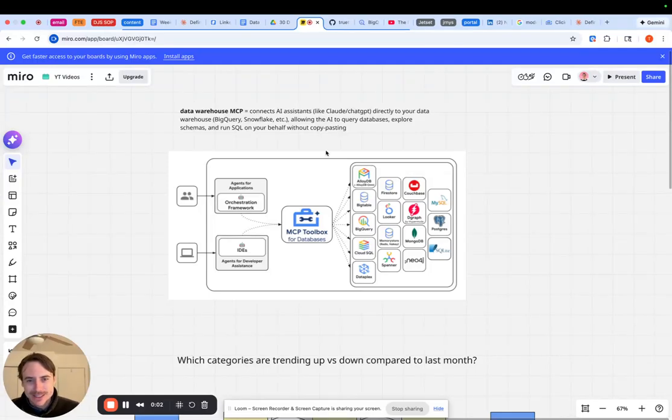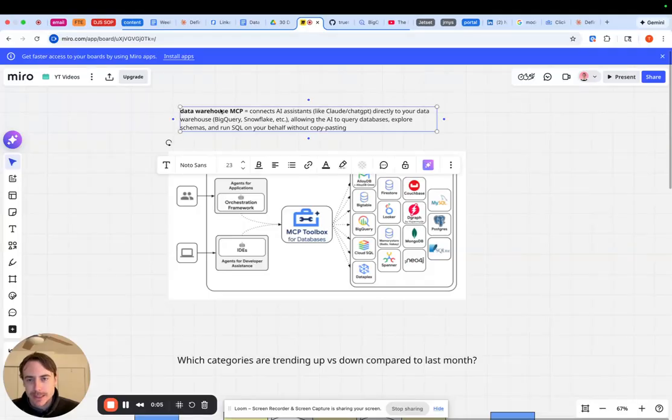Howdy. So today I'm going to show you how I use data warehouse MCPs to supercharge or drastically speed up my data analysis workflows. So MCP is short for Model Context Protocol. It's a complex word for basically a tool that connects AI to other tools. And so in my case, a data warehouse MCP connects AI assistants like Claude or ChatGPT to a data warehouse like BigQuery, and then allows the AI to query that database, explore schemas, run SQL and view the outputs of that SQL